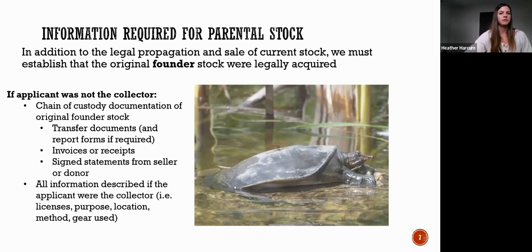If the applicant themselves was not the collector, we're going to look at chain of custody documentation of the original founder stock. If facility A had harvested back in 2006 and they're sending that from one state to another to the applicant who is not the collector, we still need to see that chain of custody being sent between facility A and B, as well as all of the information described in the previous slide if the applicant